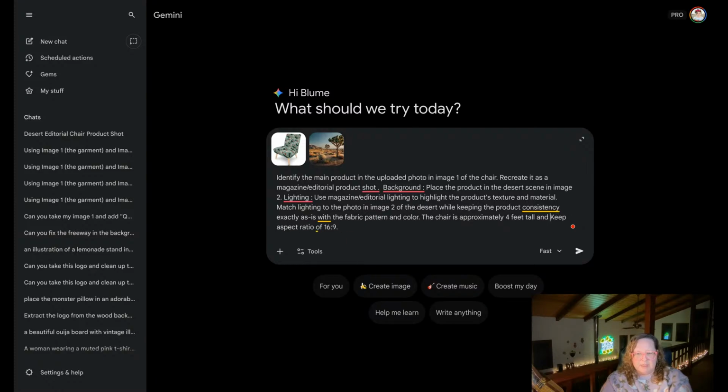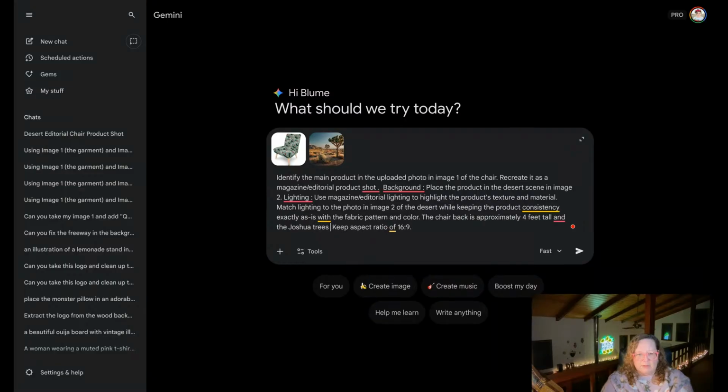Actually, let's just give it the height. That way it doesn't give us a distorted chair because I don't want to guess the size. Let's say the chair back is approximately 4 feet tall and